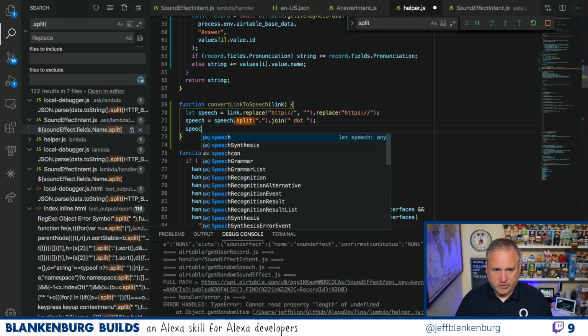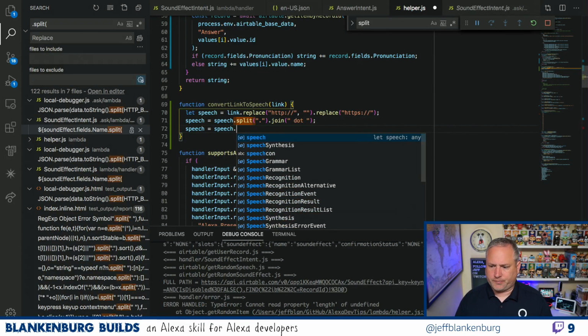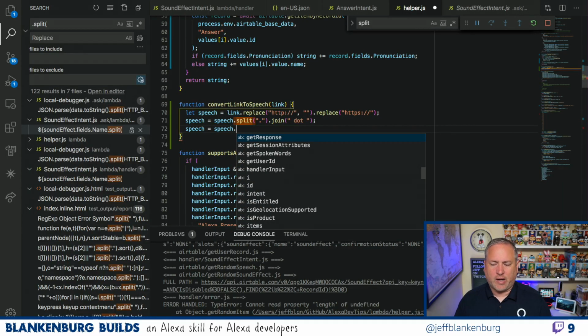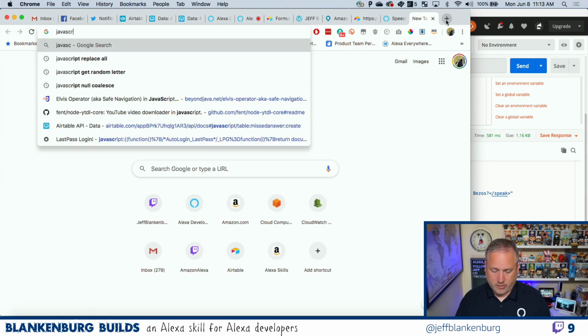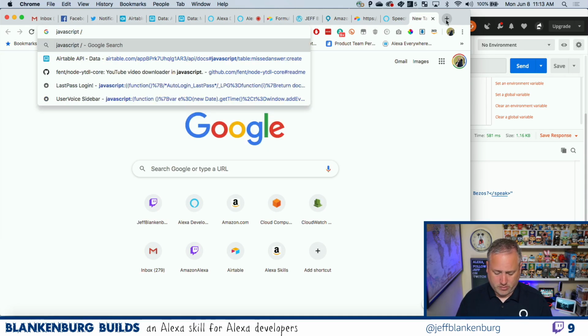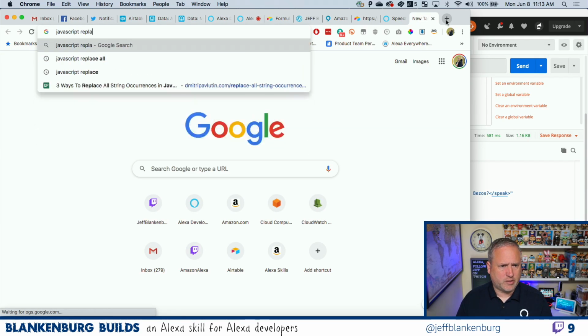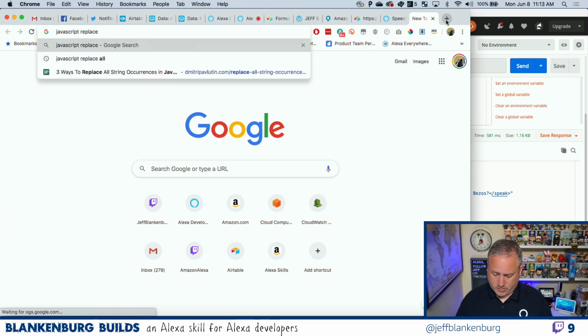Then we're also going to do speech equals. I don't think that the /g works in replace. I don't believe that's a parameter that you can put in there. Let's look. /g. No, let's do replace /g.